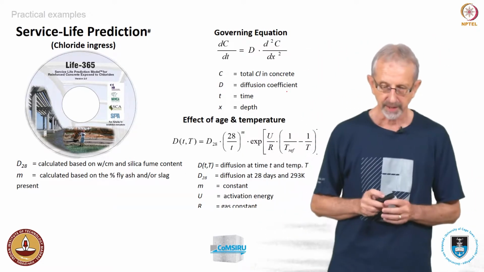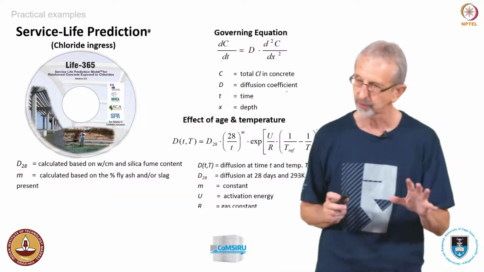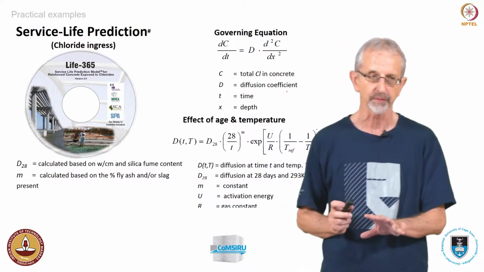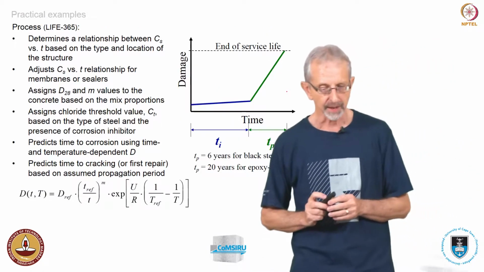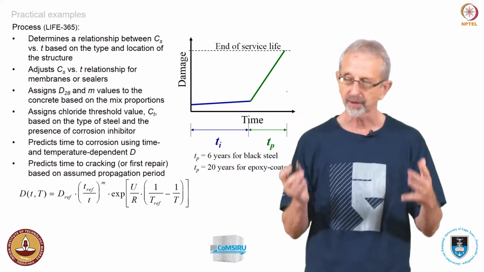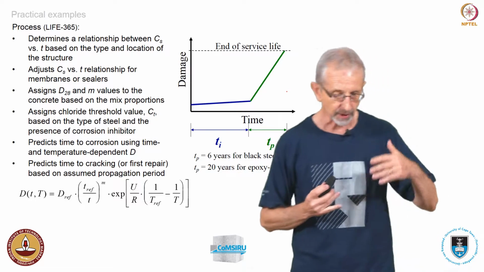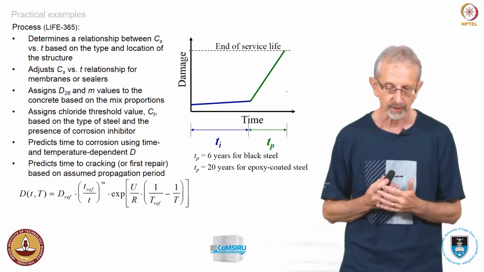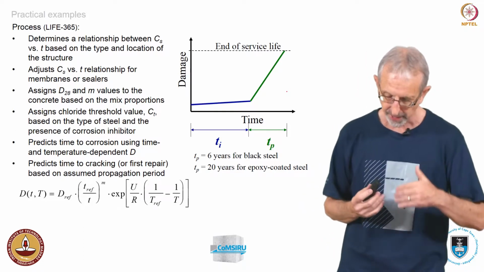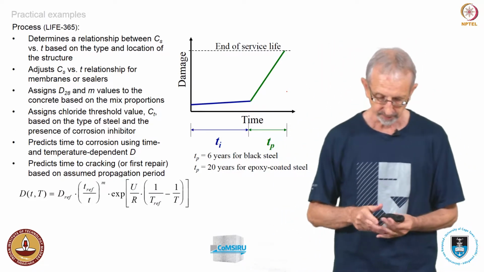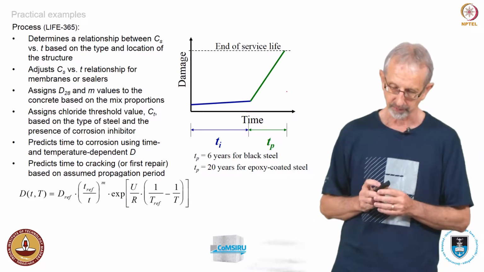The second one is from this work that Mike Thomas has done on service life prediction. He's using Life 365. I'm not going to go through all of this. This is chloride prediction. In Life 365, really what it does is it allows you to determine the rate at which chlorides enter into the concrete. And so you have to do things like find the surface value of the chloride content. It assigns an apparent diffusion coefficient, and from there you can calculate using this kind of equation at the bottom of the slide exactly when the chlorides will be at a certain point within the structure.